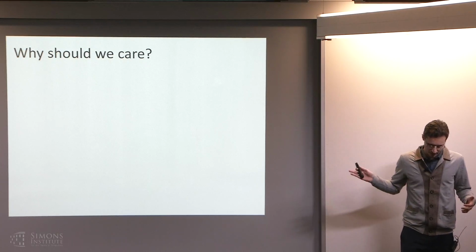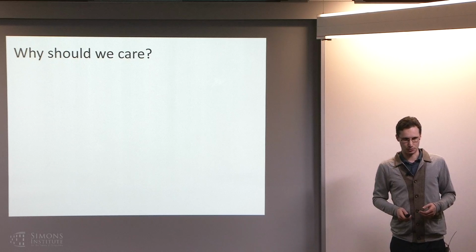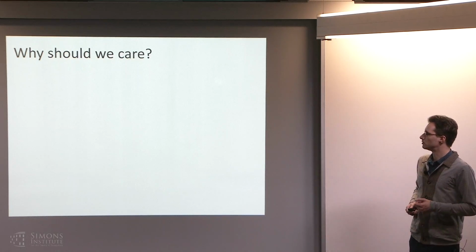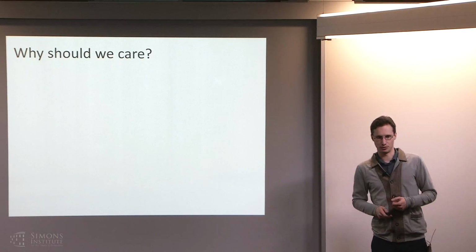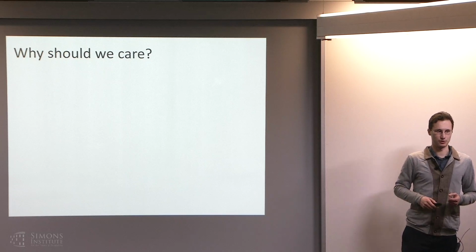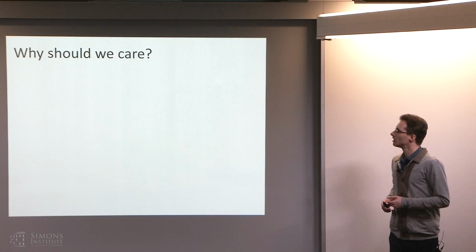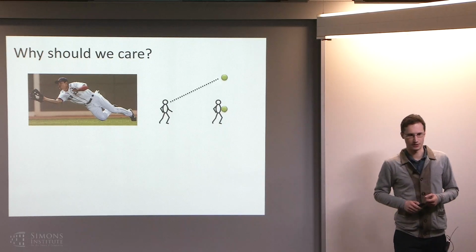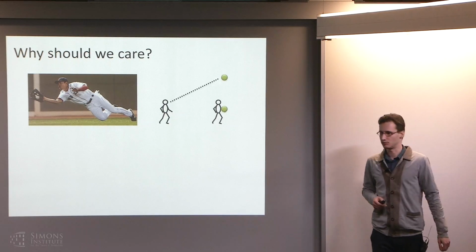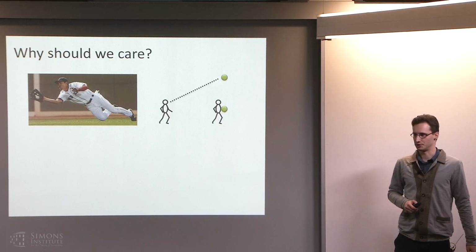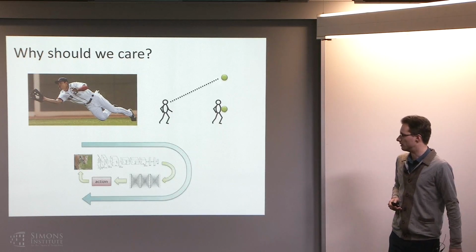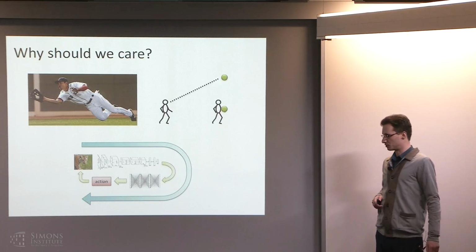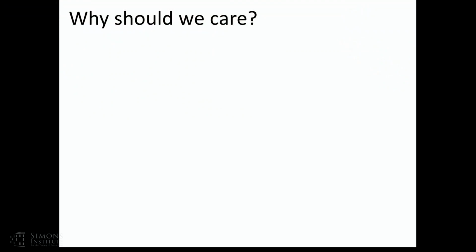I care about this stuff because I want to make robots actually do useful things in the real world. But even if you don't care about robots doing useful things in the real world, I'm going to make the case, hopefully, that this is something that you should care about. Partly, I think we should care about it because studying these kinds of questions will help us understand human intelligence, because humans do have to reason about both perception and action. And I think studying how we can close this loop can help us understand that.